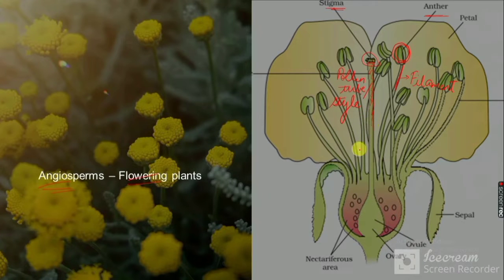Now you can see below the style this bulged part. This bulged part is known as the ovary, and outside the ovary this area is known as the nectiferous area. In the ovary, ovules are kept. Here you can see this leaf-like structure is known as the sepal and this is known as the petal of the flower. Petals and sepals are the non-essential parts,